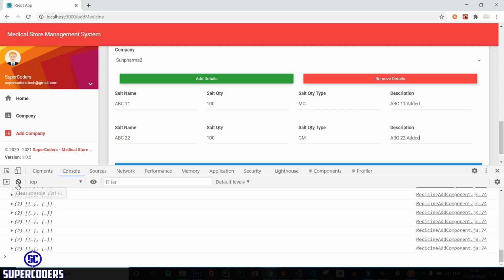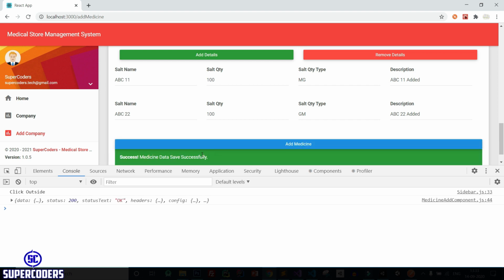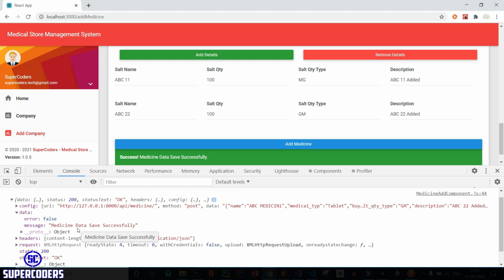Again clear the console and let's see this time it's working or not. So click on add medicine and you can see this time it worked perfectly and our data has been saved in our database. You can see response data saved successfully.